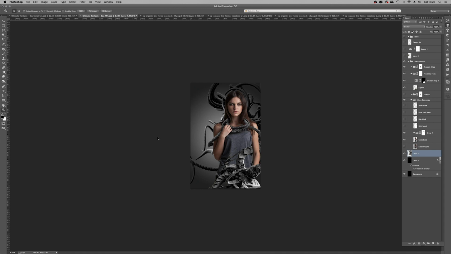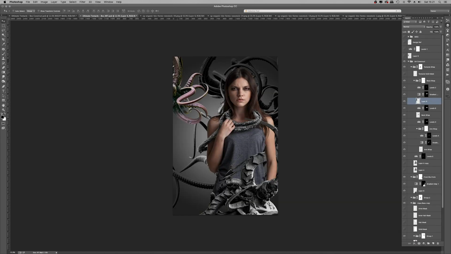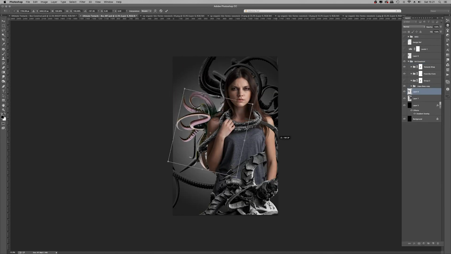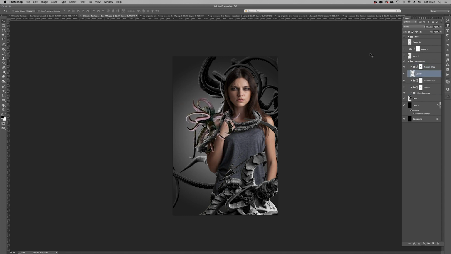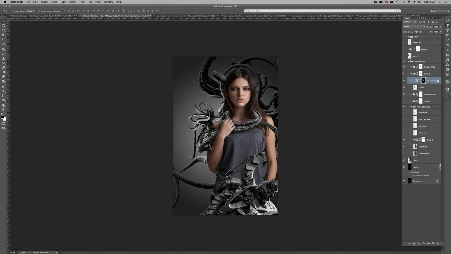So here we are, moving things around, also experimenting with layer blend modes. And if I want to control the lightness or darkness of particular things, I'll create a selection based on that layer, then make an adjustment layer. I usually use levels.